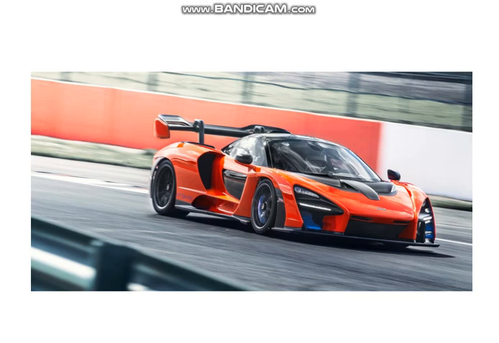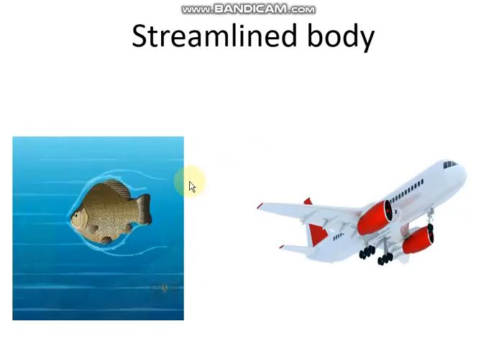Similarly, this is a racing car and its shape is aerodynamic. Why is it aerodynamic? So that it has to face minimum air resistance and it travels fast. Then similarly, these are the diagrams of a fish and an aeroplane. The body of a fish is streamlined so that it has to face minimum water resistance and it can swim. The body of an aeroplane is streamlined so that it has to face minimum air resistance and it can fly. So these are specific structure to function adaptations and real life examples so that you can relate to it.